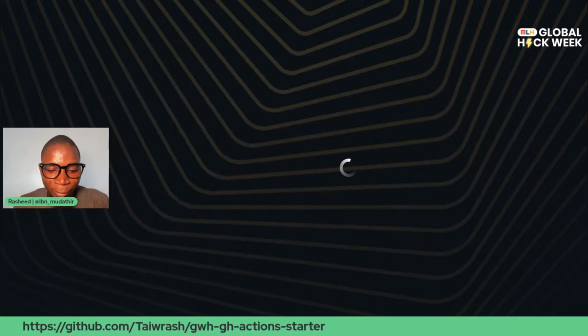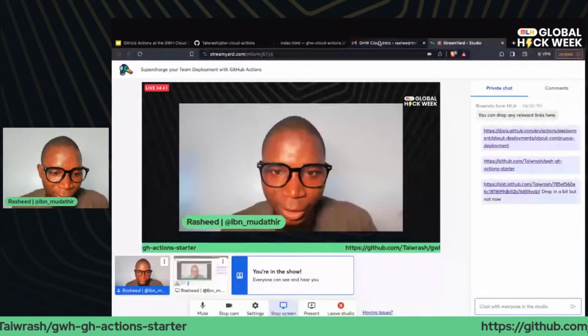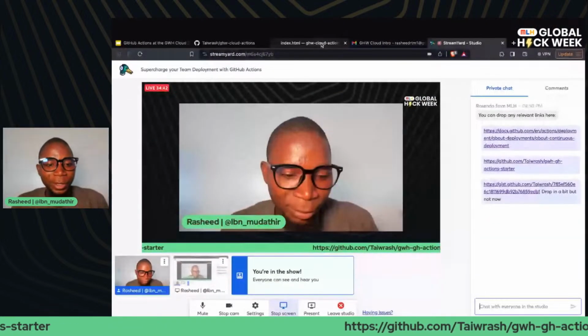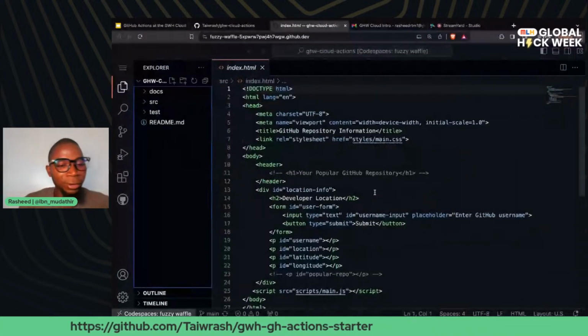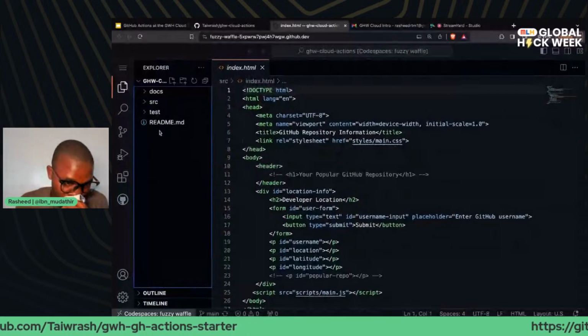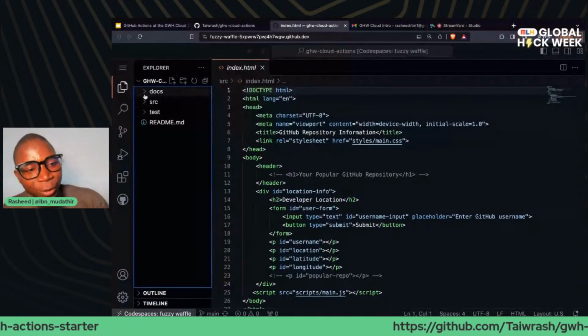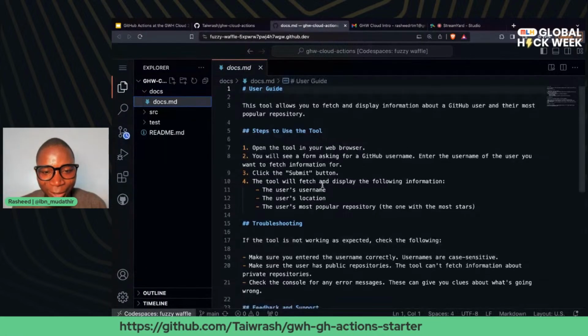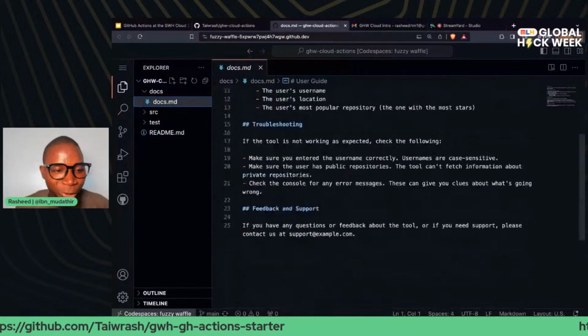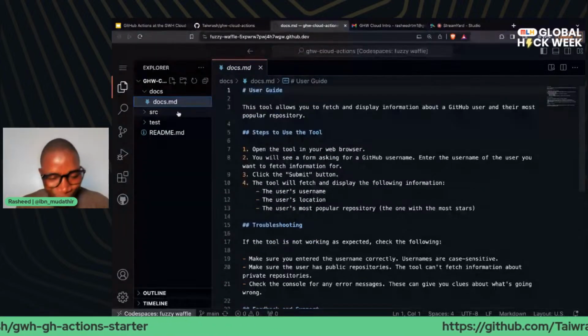Let's move on. I'll be sharing my slides, but on my screen back. So I'm on GitHub Codespace. I'll be sure you can see. Okay. So now, if you clone that repository down, this is exactly what you have. You have a couple of directories, a documentation directory. That's just to show standard. I didn't put a couple of things there. All I put there is how to use the tool we are building, and that's what I refer to as my documentation. Don't mind me.